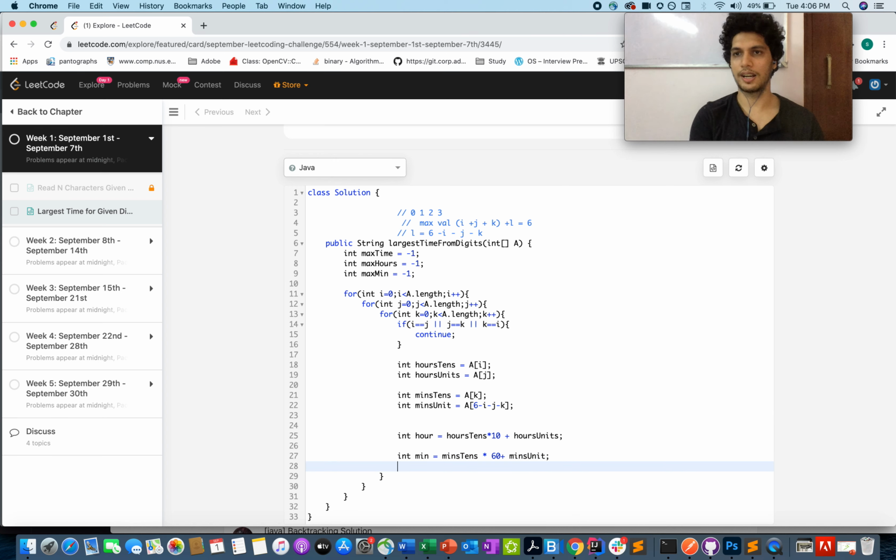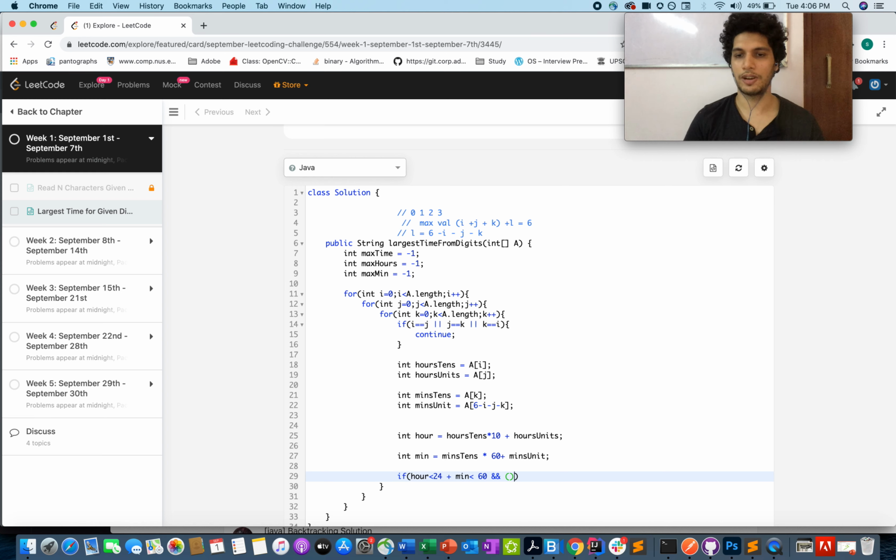We got the hours part and the minutes part. If hours is less than 24, because that's our upper limit, and if minutes is less than 60, that's the upper limit for the minutes part, then we calculate the total time.